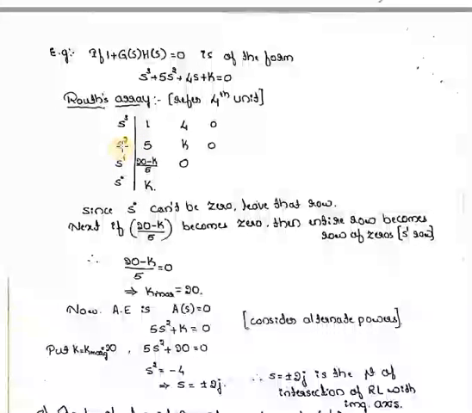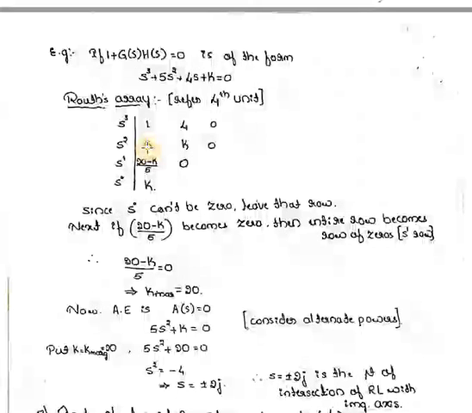Similarly for s square, first you need to write the coefficient of s square. Then skip this s term and write the coefficient of the other term, that is K. Then s raised to 1 you need to write. For that, you cannot write this 4 because you have already written it here. So for that, first you have to